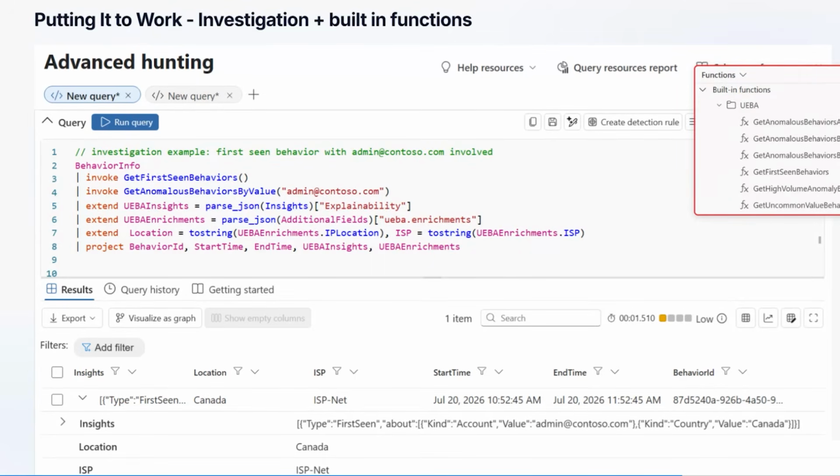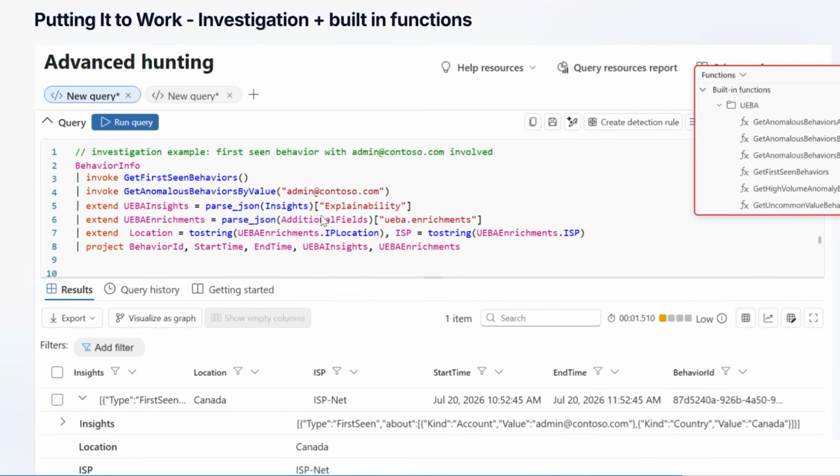Another cool thing that I want to show you is a set of built-in functions that we generated to enable you to query the data even more easily and to make sure that you have everything you need. So we have the full group of functions on the right part of the page, but let's see in the example here. The exact same query can now be performed using the functions. So for example, I can take BehaviorInfo and execute the GetFirstSeenBehaviors function.